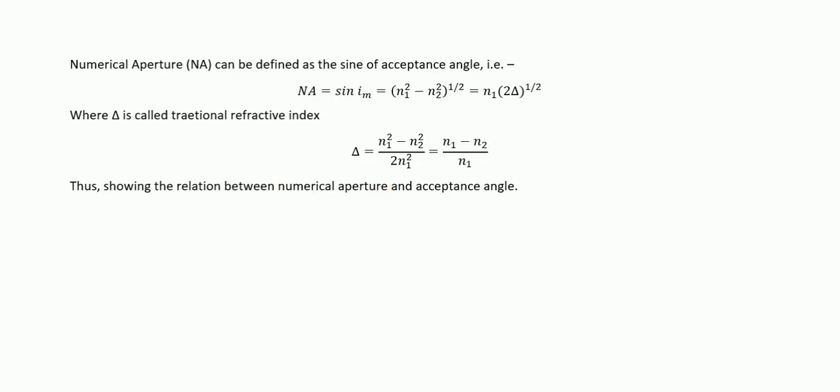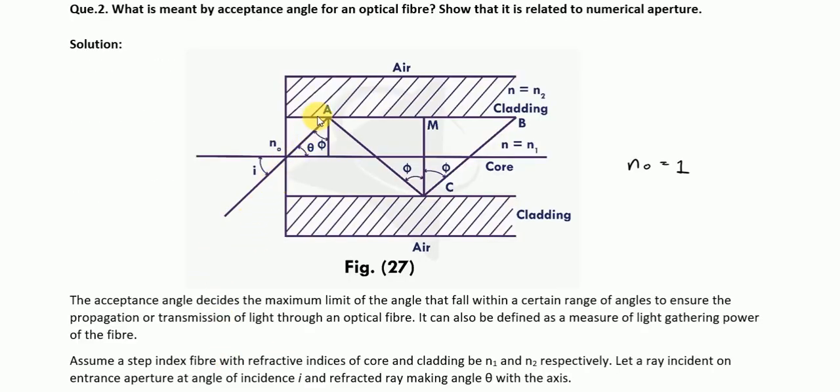So, if you visualize all the light rays entering this fiber within the acceptance angle, they form a cone shape. And this cone shows all possible directions from which the fiber can accept light. So, if the numerical aperture increases, what happens to this cone? Yes, it gets wider, allowing more light to enter.